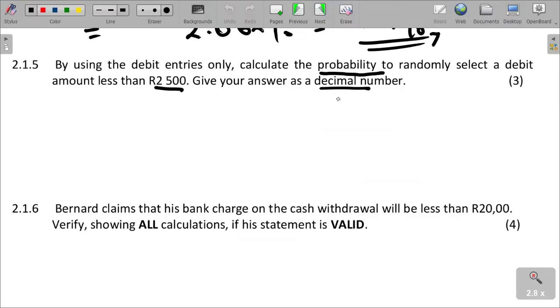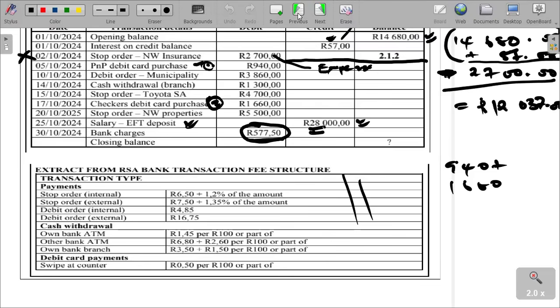Calculate the probability to randomly select a debit amount less than 2.5, give your answer as a decimal fraction. So when we look at the debit entries, we are supposed to identify that debit entries, we have got